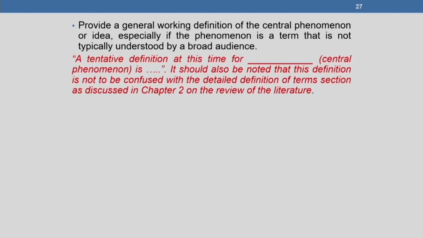So, a writer may write a sentence such as this: a tentative definition at this time for the central phenomenon is such and such. It should also be noted that this definition is not to be confused with the detailed definition of terms section as discussed in chapter 2 on the review of literature. So, the intent here is to convey to readers at an early stage in a proposal or research study a general sense of the central phenomenon, so that they can better understand information that unfolds when